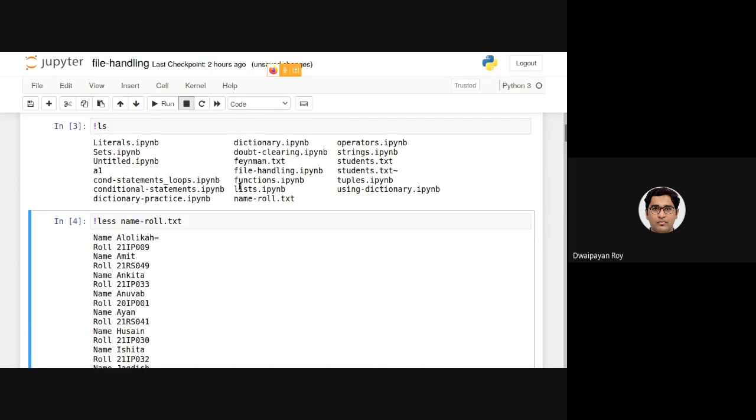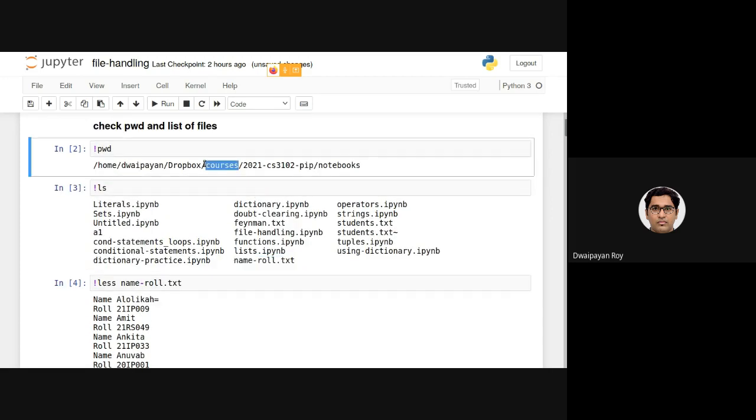So basically, if we want to open this file, as I said, there are two ways: either specify the absolute path or the relative path. If this is the present working directory, the relative path of this file is only the name.